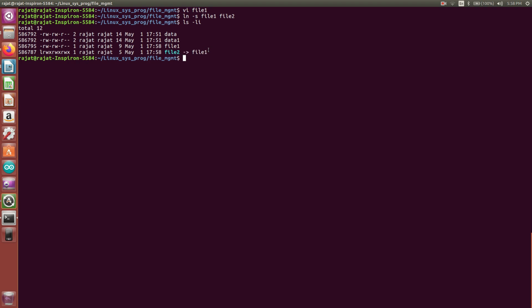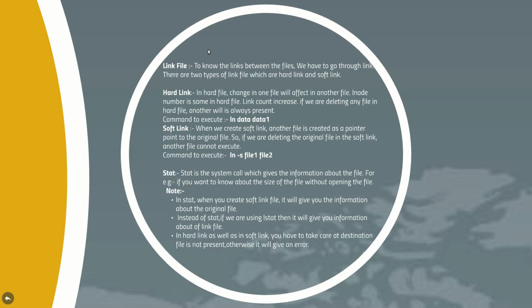Okay, so in this way, from the terminal you can see which files are hard link files and which files are soft links, like what the link between these files is. Okay, so stat, we'll come to that later. What I will do is write some program over there,